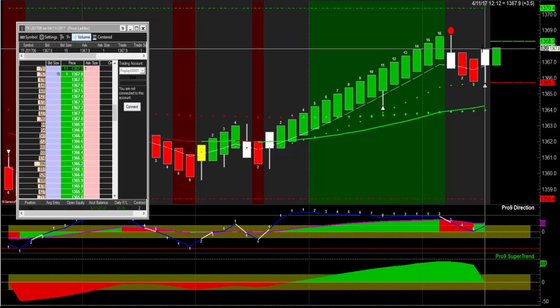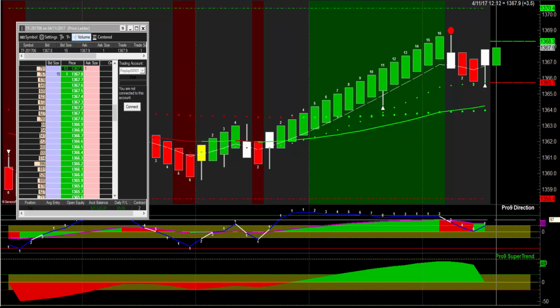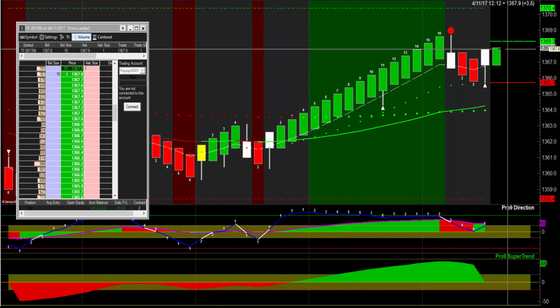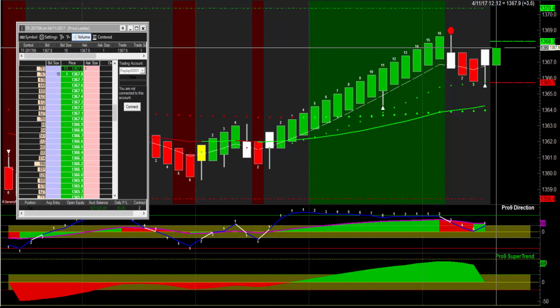Now that the turn bar has plotted, let's take a look at our blue line. Now it's not above the purple line just yet, but it is very close, and I'm confident that it will cross to the correct side by the close of this color bar. When it is so close that we can anticipate it crossing to the correct side, we can go ahead and enter our green DPI